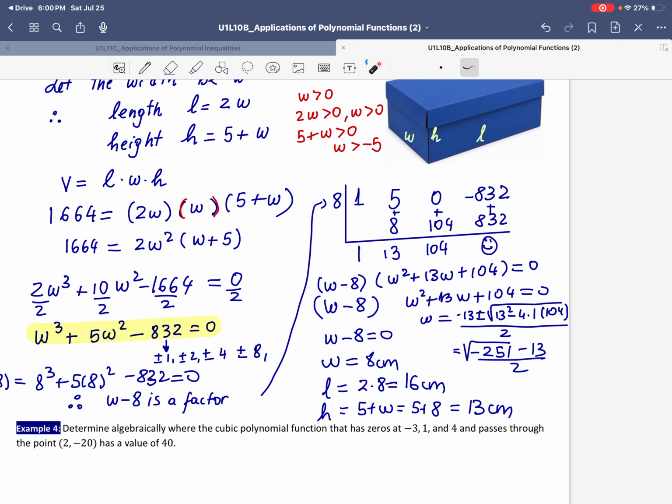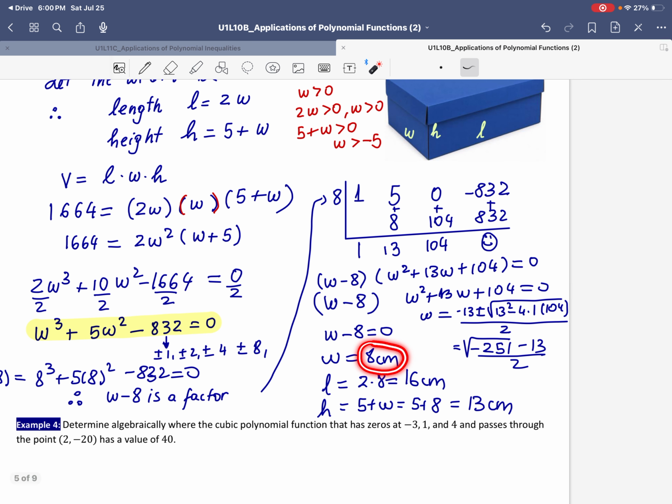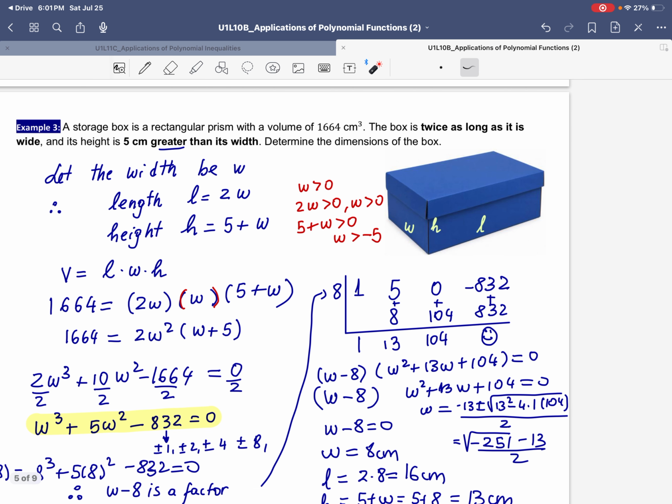Now, normally we would check for the domain of the function or for restrictions when we get multiple solutions, and we want to check and see if any of them is an extraneous solution. But that doesn't mean that this is risk-free as well, so we need to determine that as well. But it does seem that it is working in our case because 5 plus 8 is positive. So the most important fact that we need to actually consider here is that all these three dimensions are positive at w equals 8. So therefore, we're going to say that the box measures